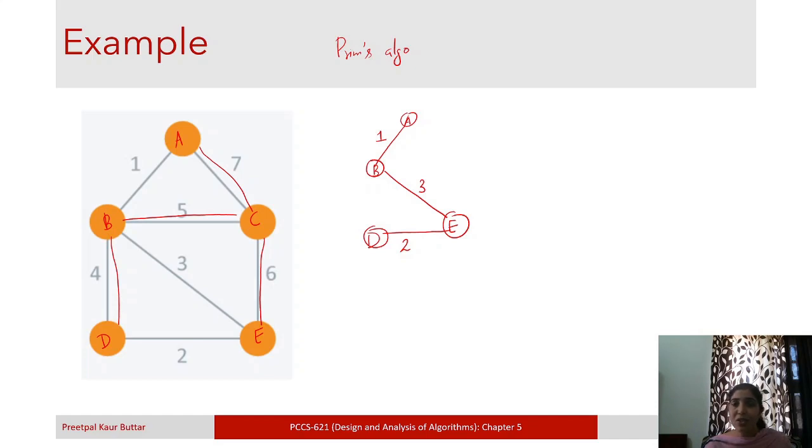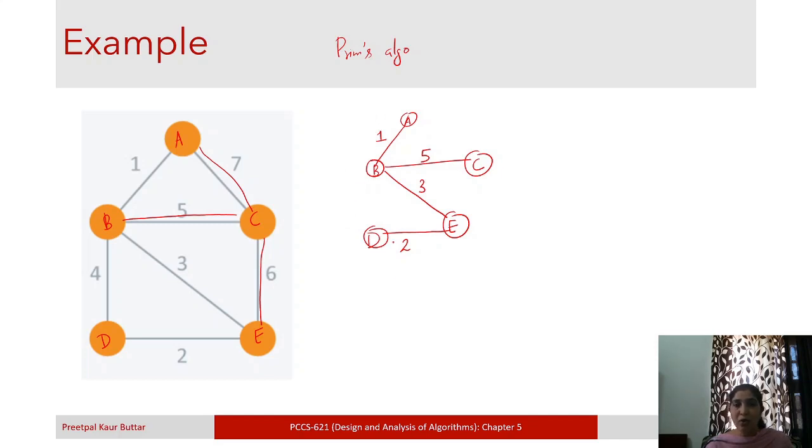Which are connecting this tree to new vertices. So we will not include this. Now we have these options: B to C, A to C, and C to E. And out of these, the minimum is B to C, right? And we do not have C in our tree, so we will include this. So this is the minimum spanning tree using Prim's algorithm.